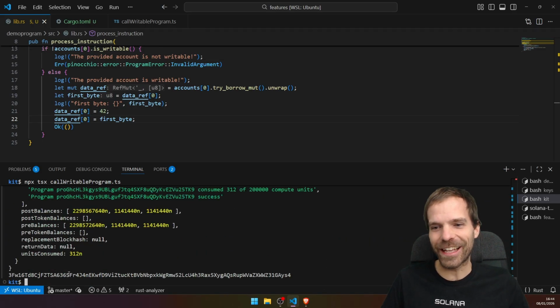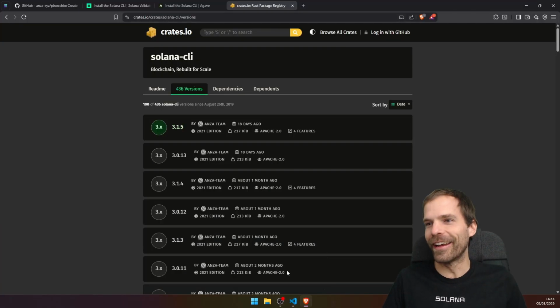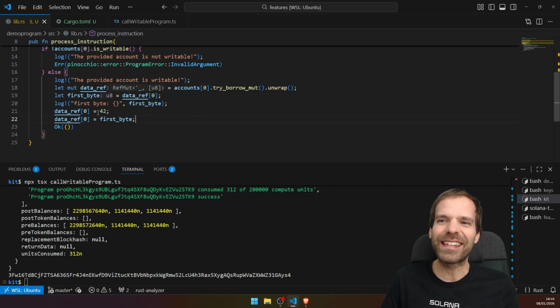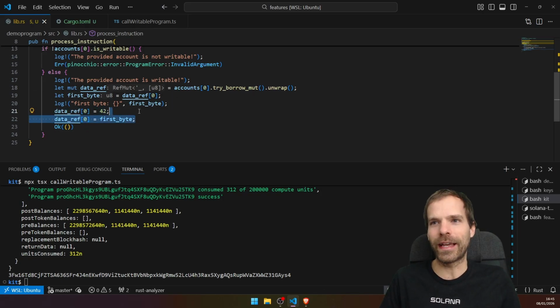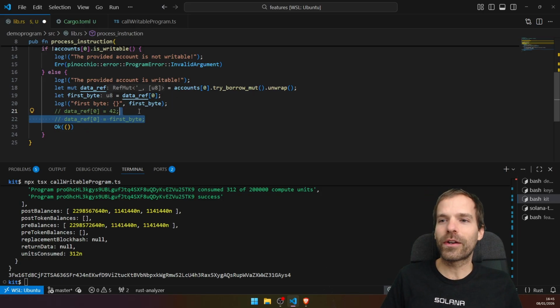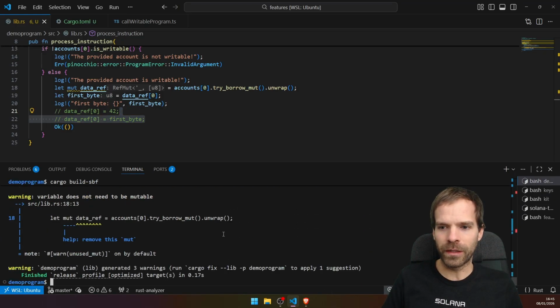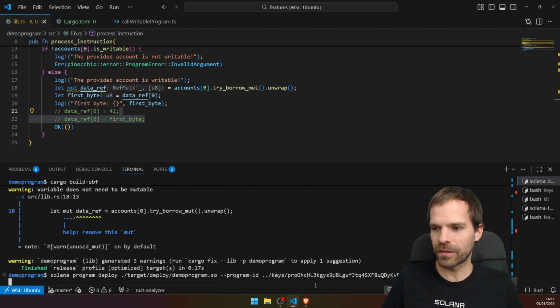This time it says, yeah, whatever, it's fine. See, it reads the first byte and that's fine. Now, one could argue that the compiler is like, well, you're writing something here, then you're writing the same thing as before in there, so that's stupid. I'm going to optimize that part away because we don't need that. So let's say we're a smart compiler and we optimize that away and we build and deploy this